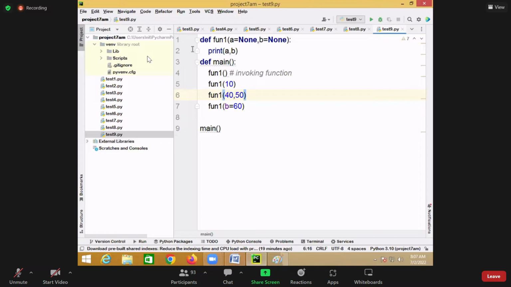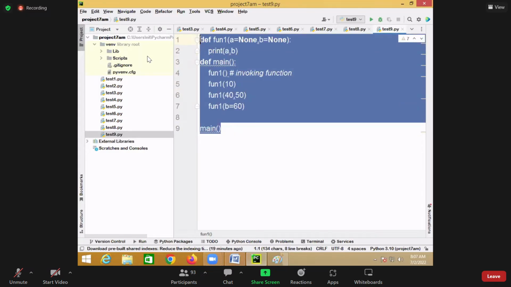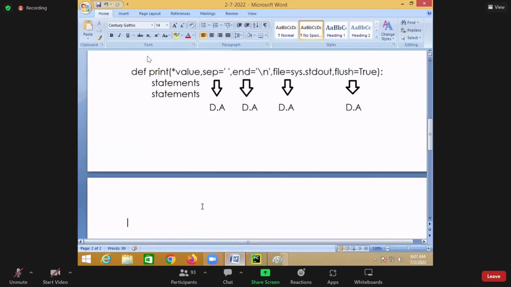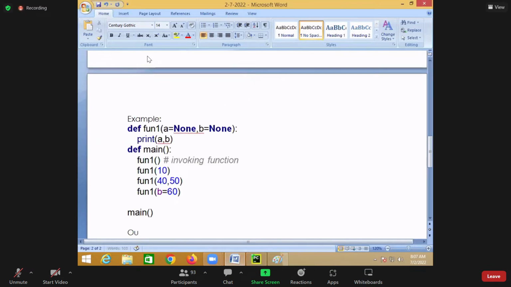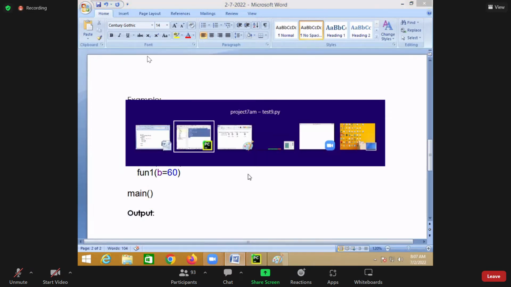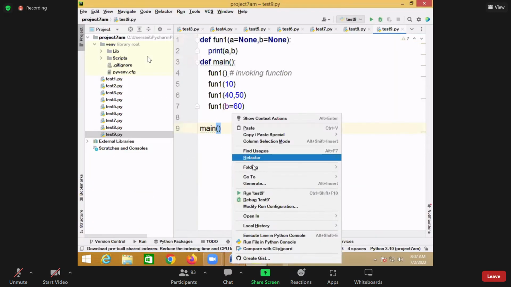So it means you are trying to call the function in different ways by making certain arguments default. By making certain arguments default. Okay, so here the output, if you see it,